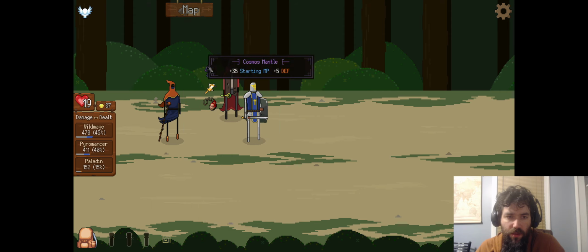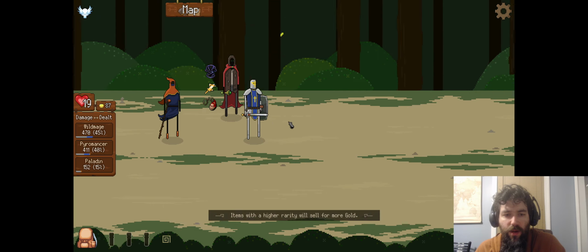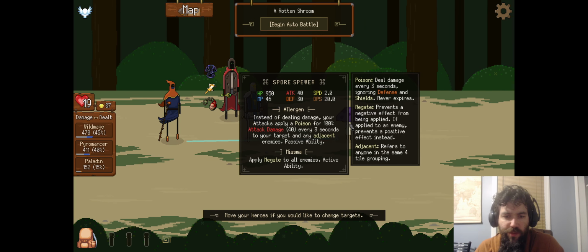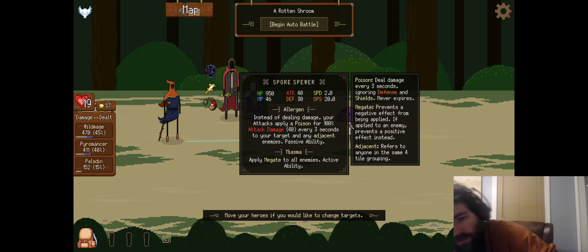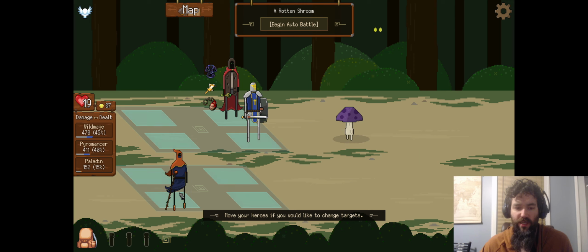Oops. Throw that on there. Pull up the map. Alright, we'll grab this, and we'll probably grab the event afterwards. See what happens. Little Mushroom, Spore Spewer. Instead of dealing damage, your attacks apply a poison. Holy cow. Wait. Your attacks apply poison that deal 40 damage every 3 seconds to your target and any adjacent enemy. That is bonkers. In that case, we definitely want to...